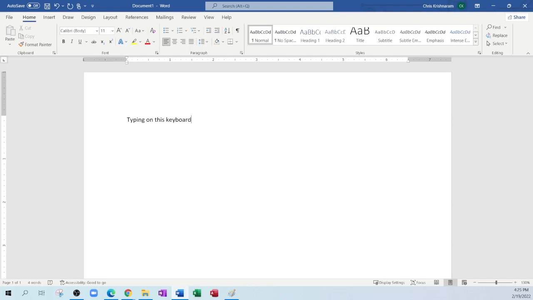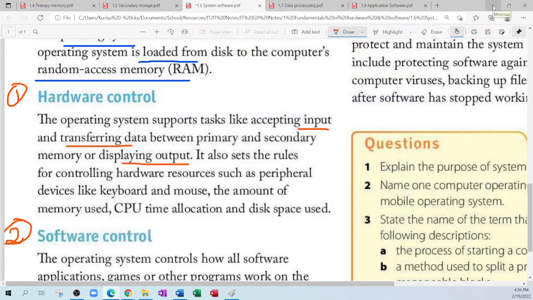When I typed on the keyboard, it collected that instruction, sent it to the processor, it processed it, and ensured that data came on the screen, on the monitor as an output. So it's controlling all of that hardware, everything that is being carried out, everything that data travels between the hardware